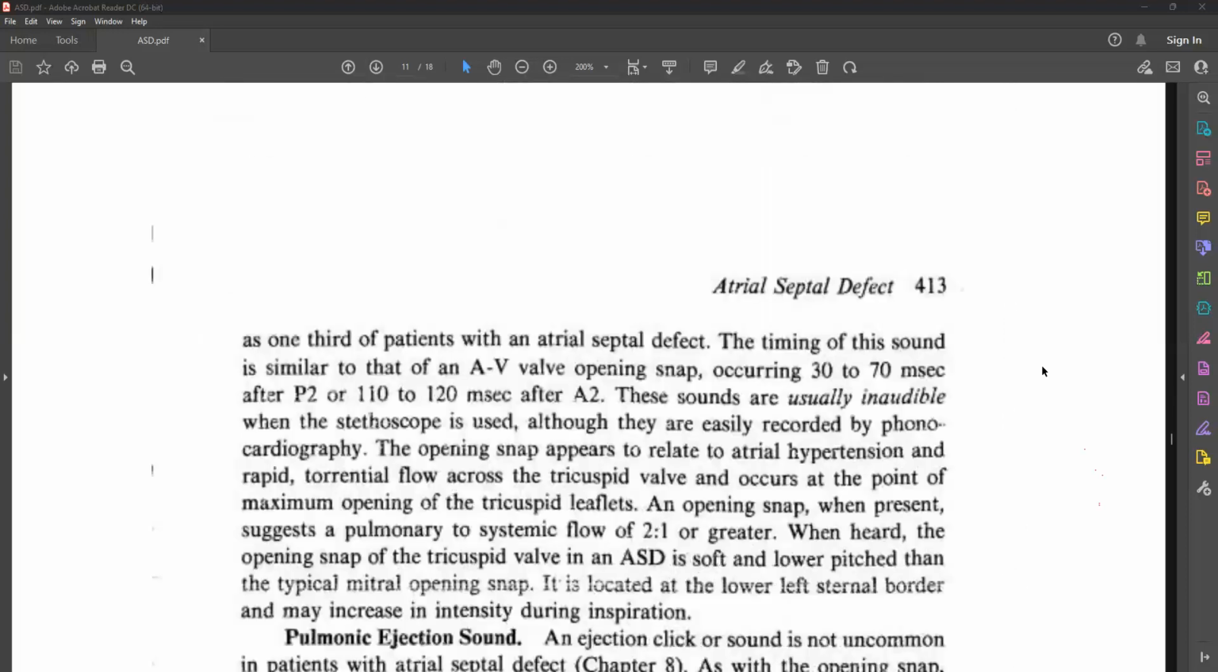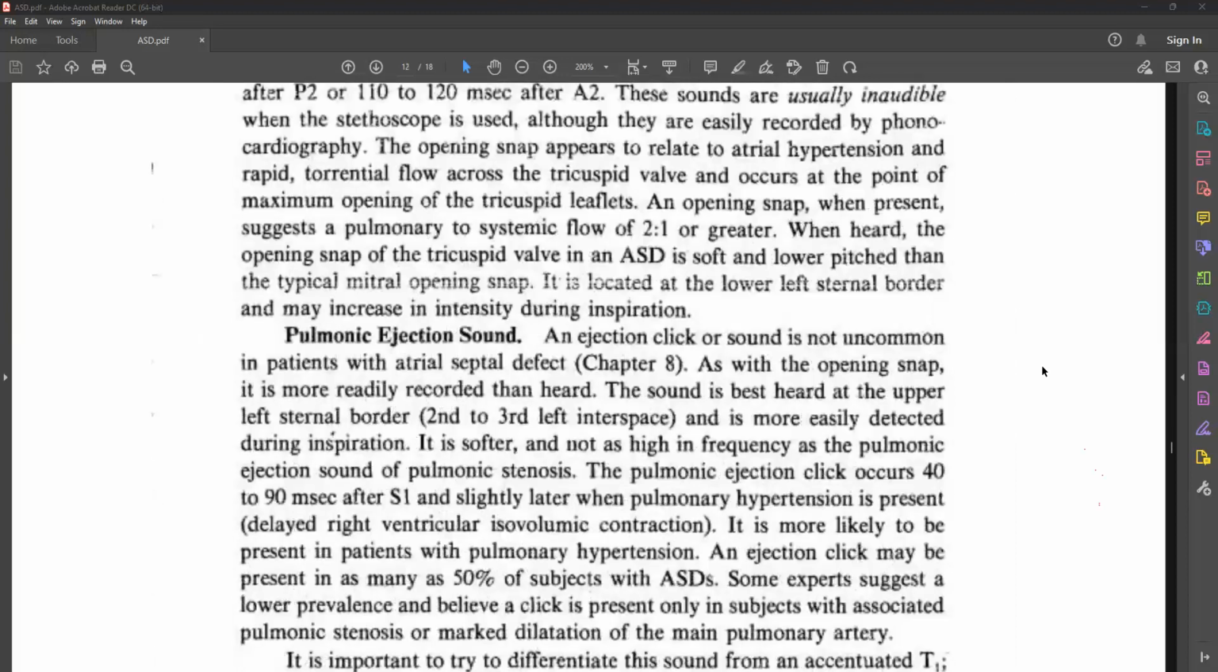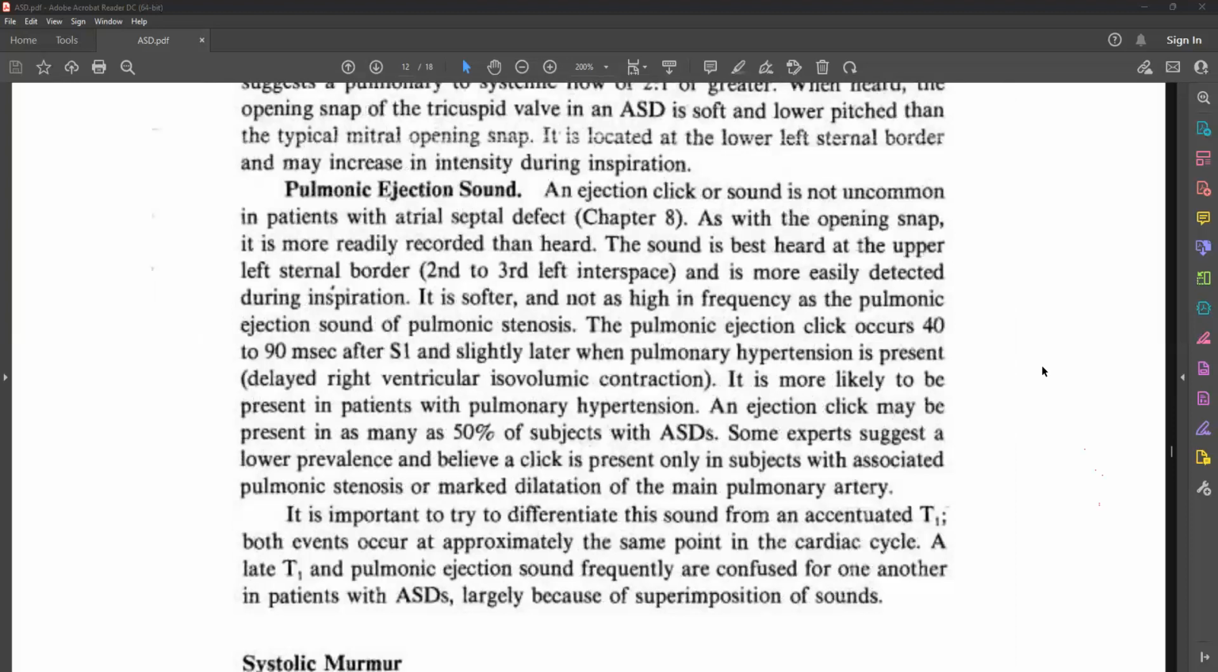Now coming to the pulmonary ejection sound. Okay, already I told you that an ejection click may be present in a large proportion of patients with ASD, right? So now the pulmonary ejection click, as I told you, can be confused with the mitral valve click. Using position is a good tool to utilize, but just remember this, that the click is actually felt in a substantially large number of people, and when the pulmonary hypertension is present,